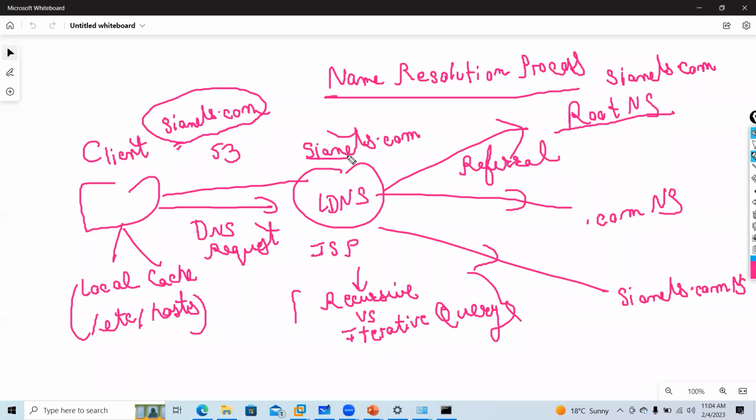That is called recursive query. Recursion and iteration are computer terms. Until LDNS gets an IP address, it will keep sending first here, then here, then here. That is called recursion.